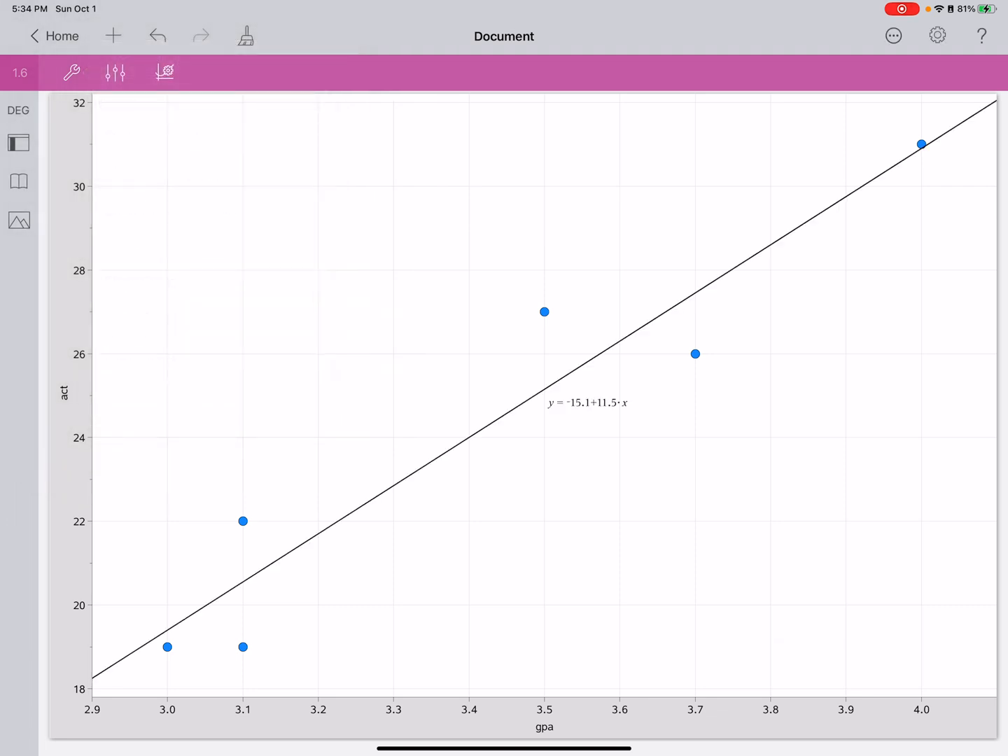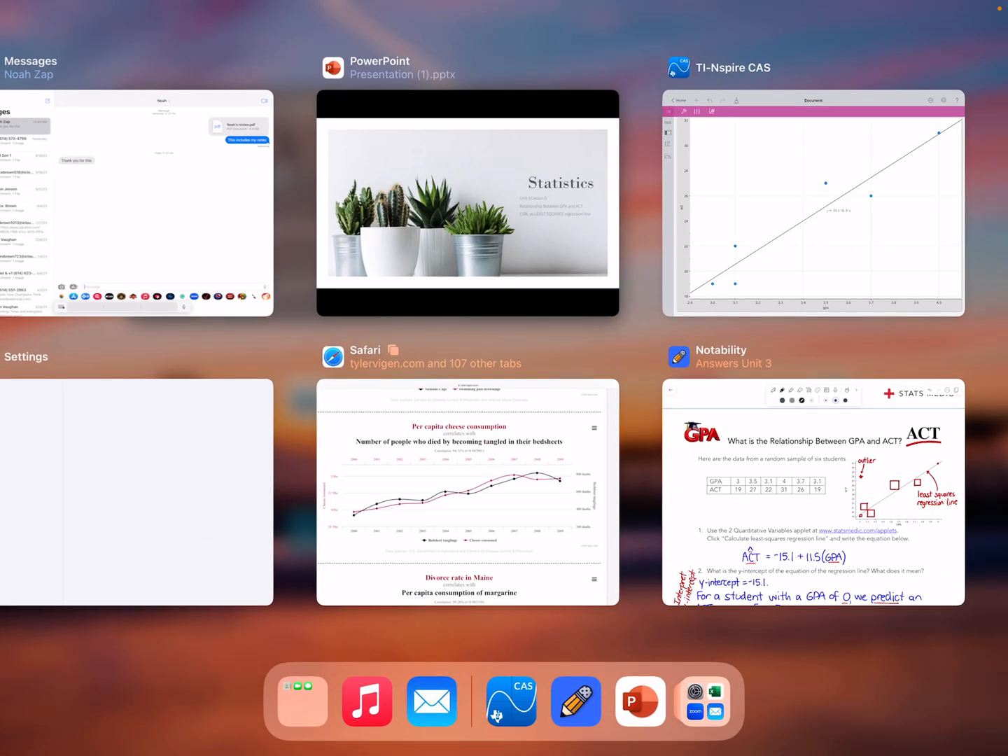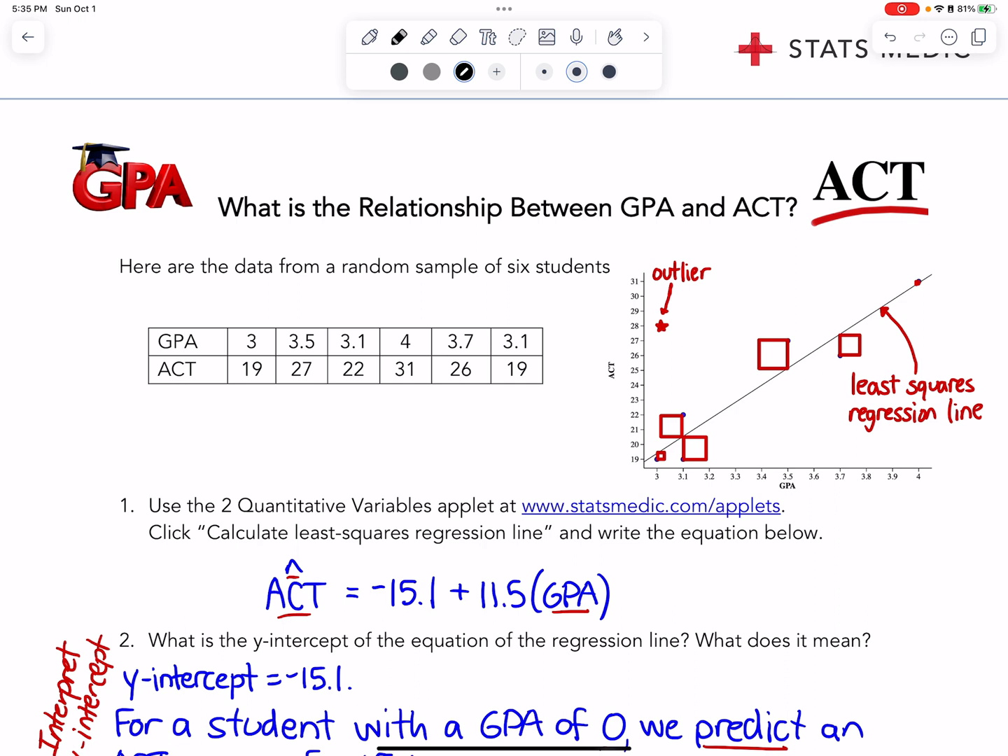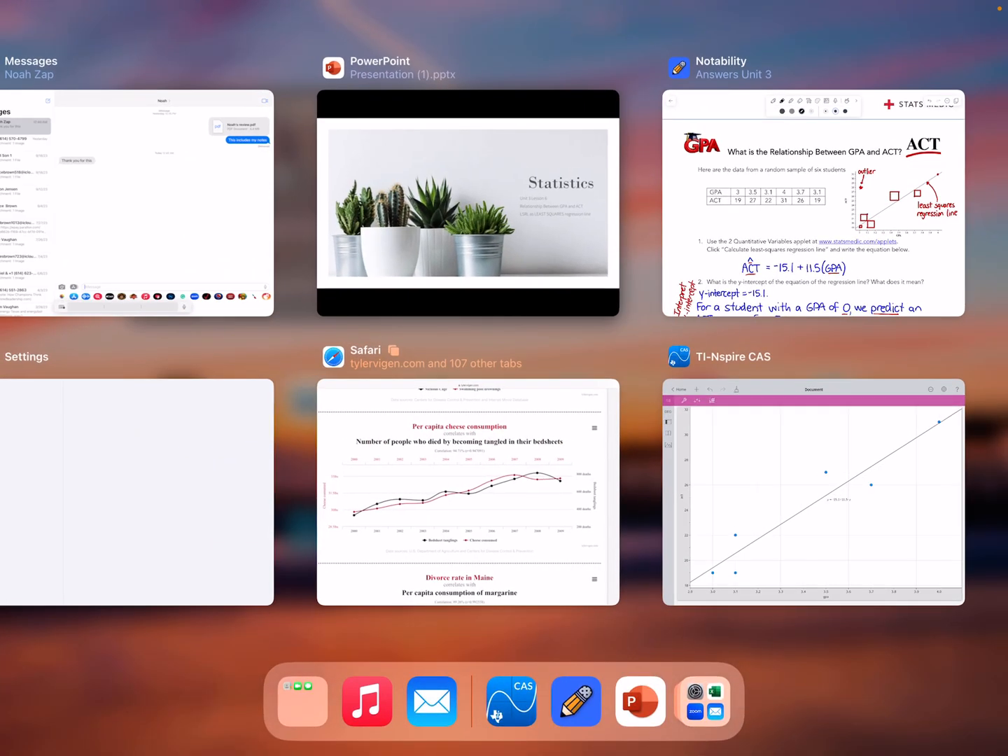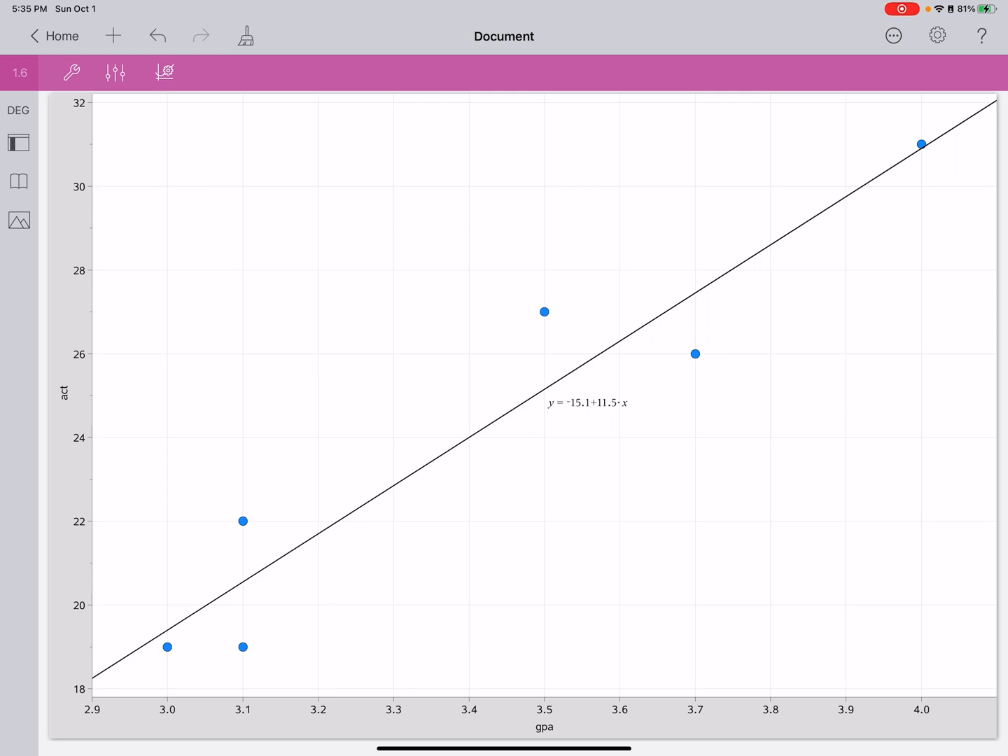Okay, so that's all I'm going to do for now, and then I'm going to do one more thing. I'll jump back over in a second. But now what it's doing is it's showing your squares on here. So it's showing the least squares regression line, and we're going to talk about why it's called the least squares regression line. So I'm going to go to menu,